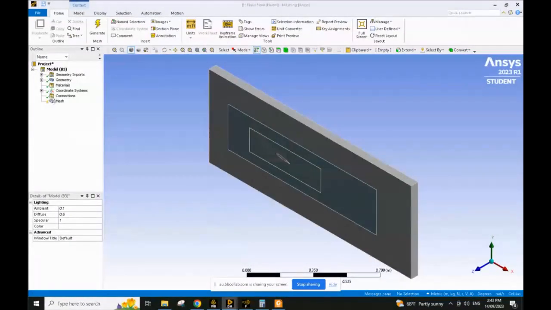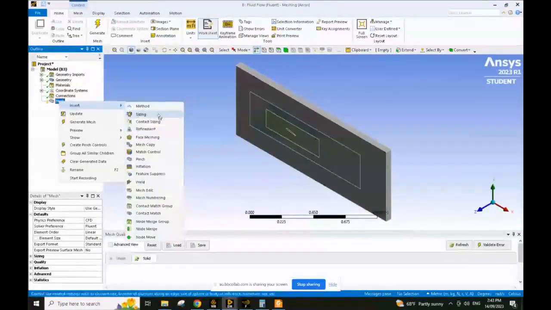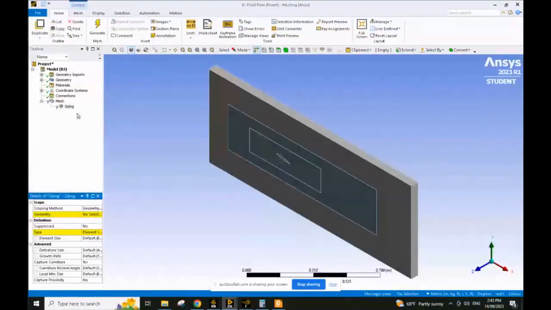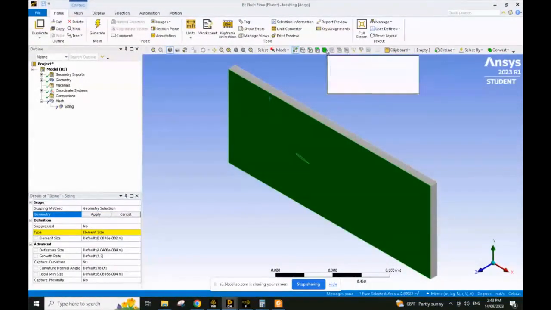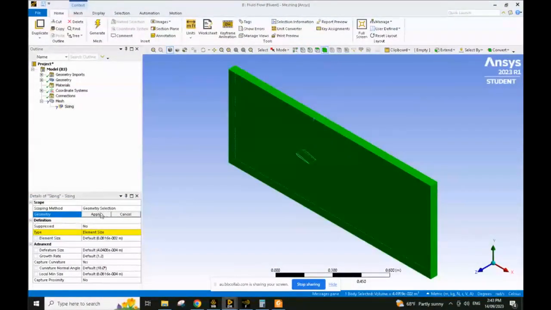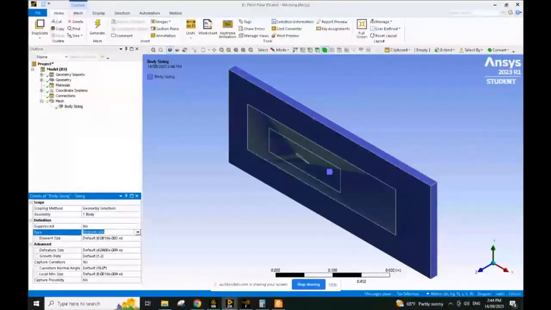Okay, so it is here. Now for meshing, as I am saying, I will use body of influence. For that you have to click the sizing, then hit the outer body. For selecting the body, we have to select this one and then the outer body, and then here element size is